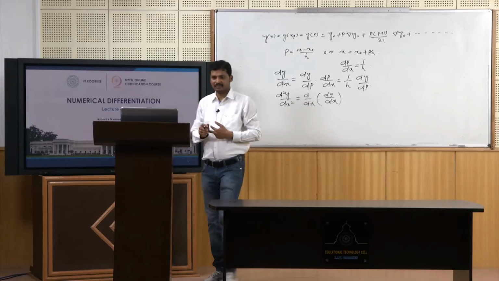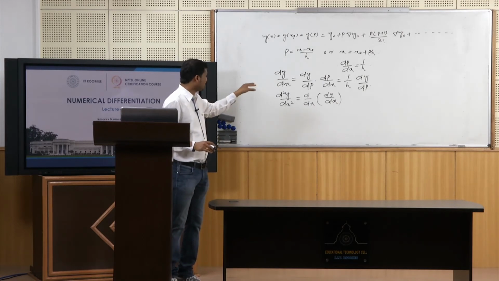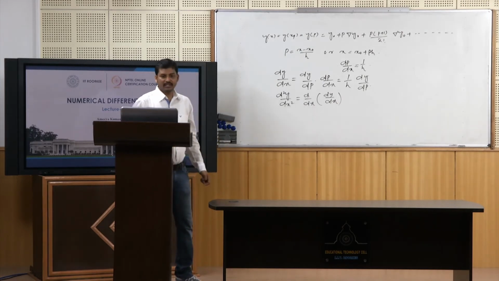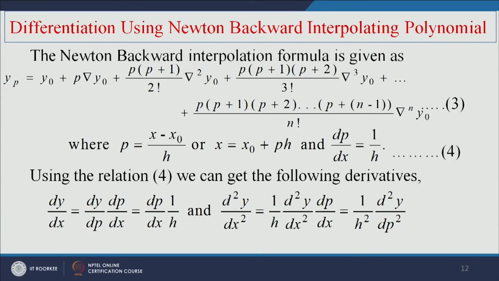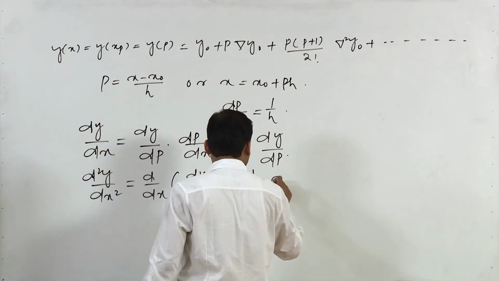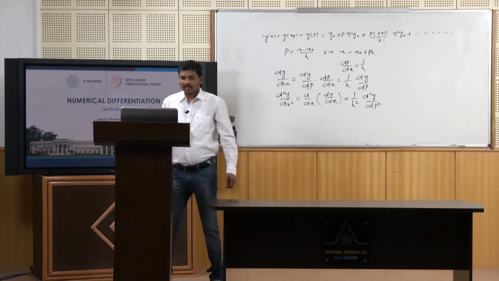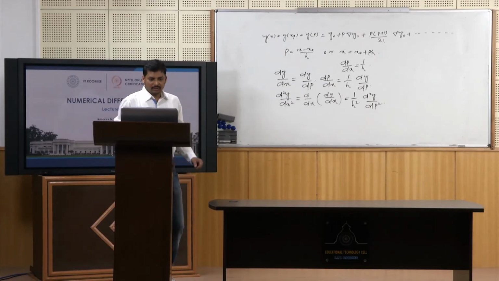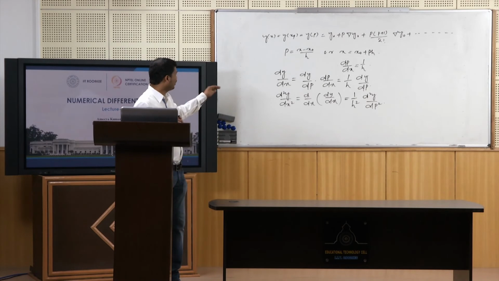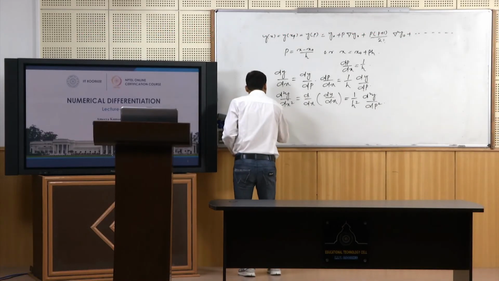Here dy by dx can be replaced by 1 by h dy by dp, and then we can write this as 1 by h square d square y by dp square here. And if we write this in the form of y of x there, then we can represent this as dy by dx as